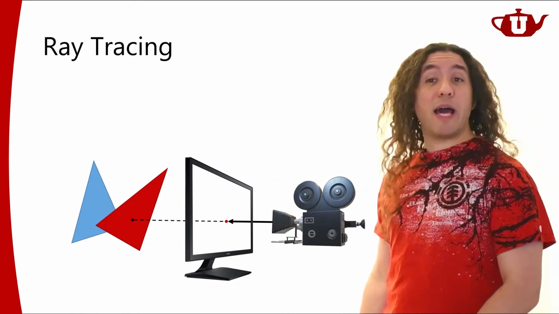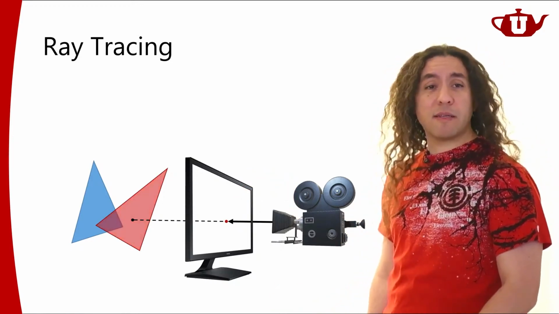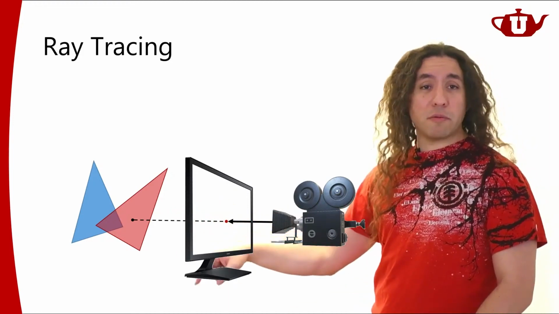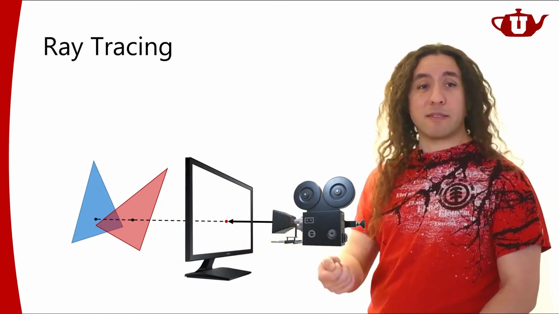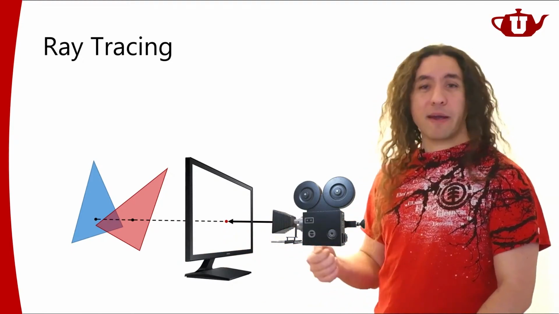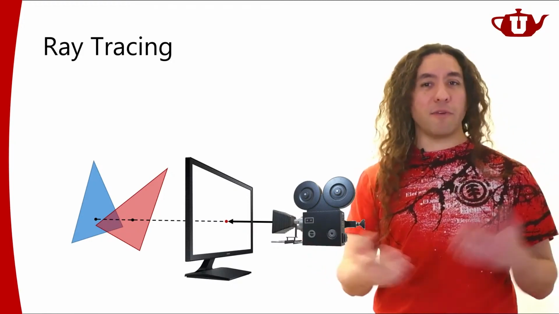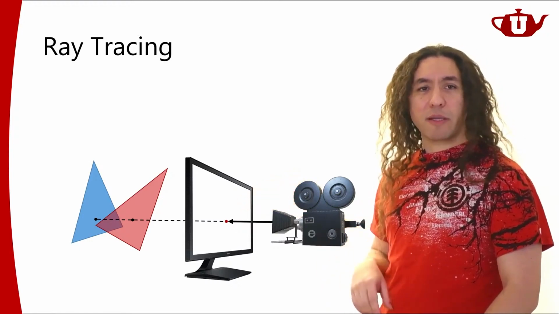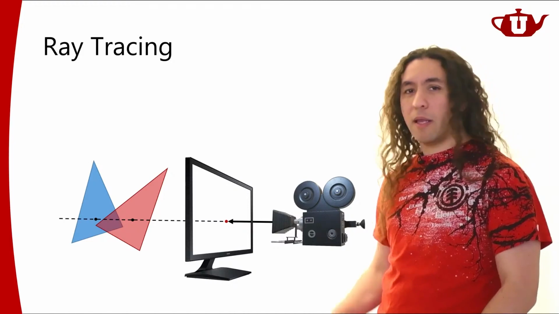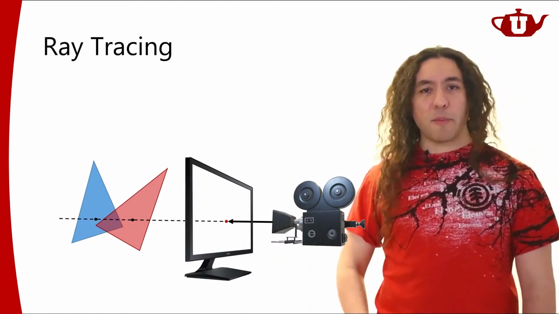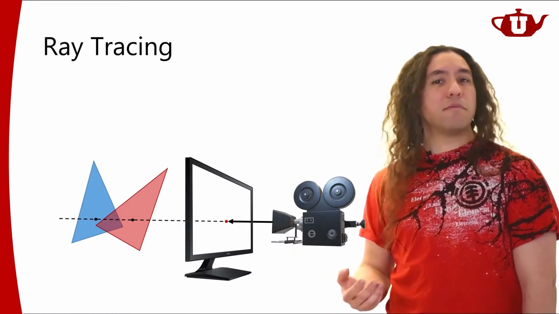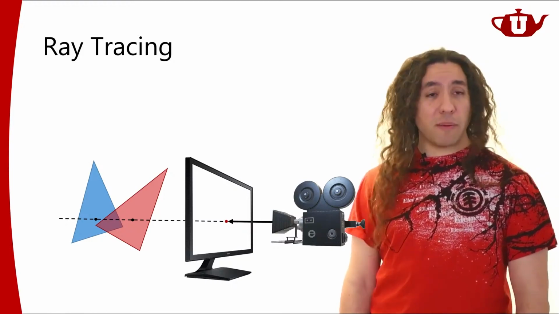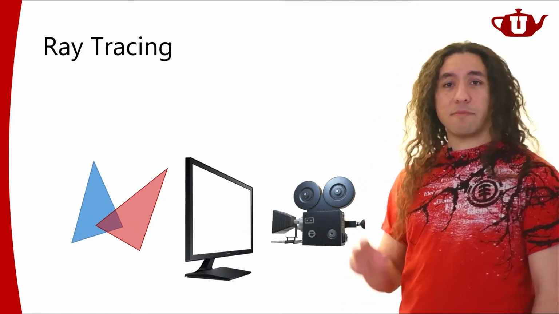So what happens if I have a semi-transparent triangle like this? Fairly easy. I've traced this ray and found that hit. You know what? I'm just going to continue. I'm going to continue tracing that ray and find the next hit. If it's an opaque triangle, now, okay, I found the two triangles I need for that pixel. And I can color the pixel sample accordingly. If this is also a semi-transparent triangle, I can continue. So ray tracing can handle semi-transparent triangles, and also, you can handle them in various different orders, so you don't have to order them at all, right? So that's basically how it works.